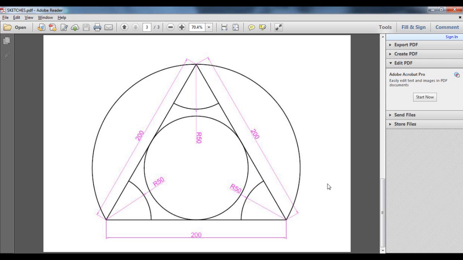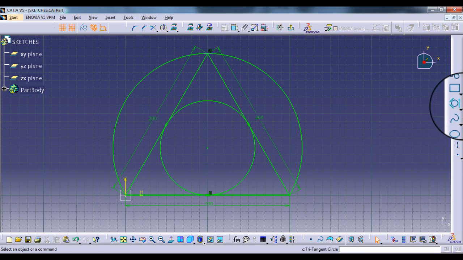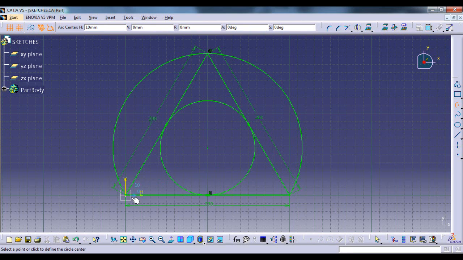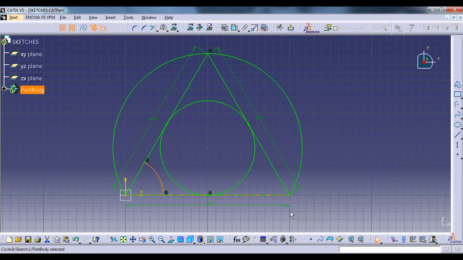So that's it. We want 3 arcs that have the center at the vertex and of radius 50 mm. So we will select this arc command and we will make the arcs randomly first.